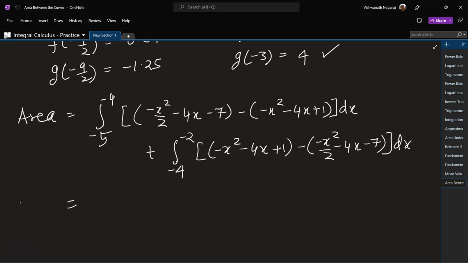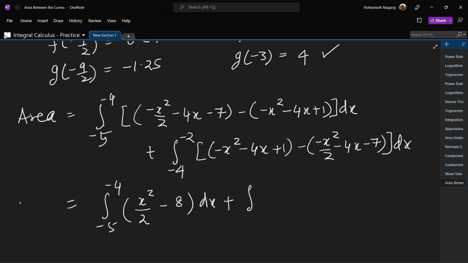Okay, now let's simplify. Minus 5 to minus 4, or now minus x square by 2 plus x square. 2x square minus x square. So x square by 2, minus plus. So x will disappear. Minus 7 plus 1 is minus 6. Minus 7, no, minus 1. Minus 1. So minus 8. So x square by 2 minus 8 dx